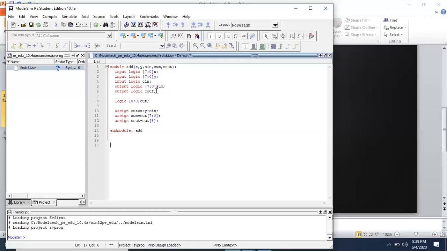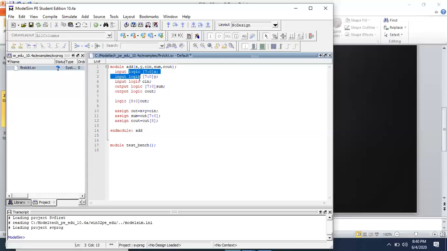Now this is the design code. Now we'll write the code for the test bench. So again create the module test bench. If you want to know more about the test bench, please visit the previous lectures on VLSI programming, where I have already talked in detail about the test bench and design code. So you can refer to that.